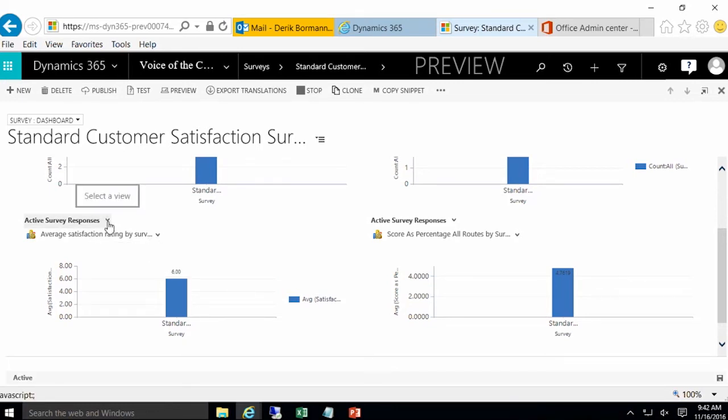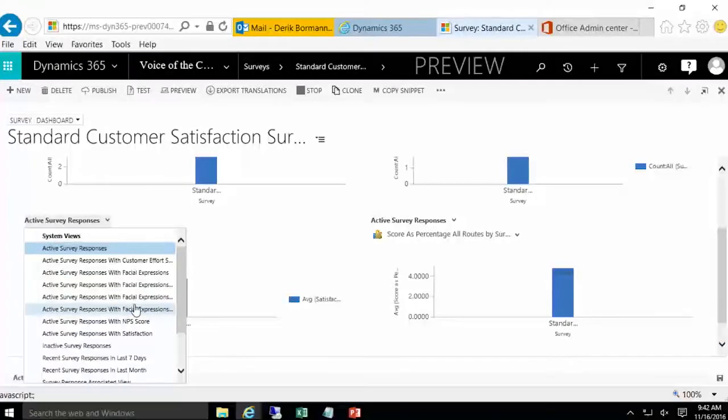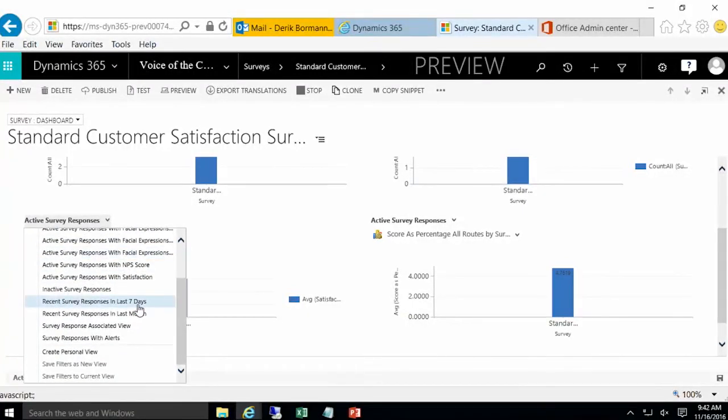And then each one of these options has different scenarios that I can filter in. They're really just views that are being used to filter these charts. So if you think about how you would create views in Dynamics 365 as a whole, it's that same tier process here. You're just customizing views, and then these views are being presented in a web resource basically inside